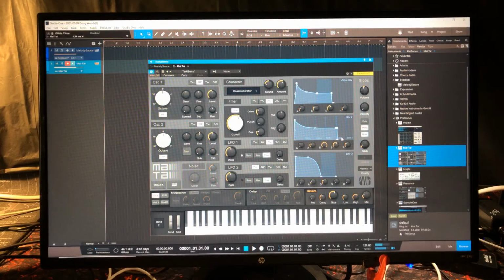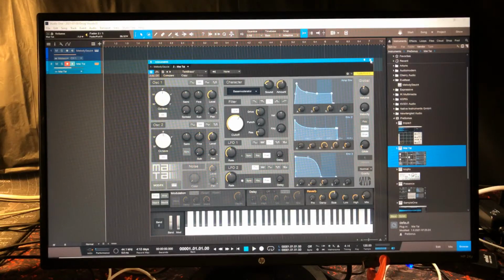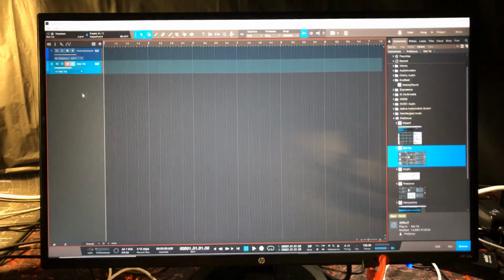I'll just get the volume down on that bit. Okay, so what we need to do in Studio One, of course, I can't show you the other DAWs, but because I use Studio One, what we're going to do is open the information tab here,